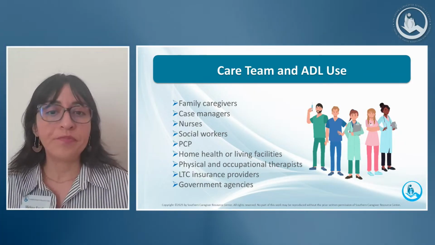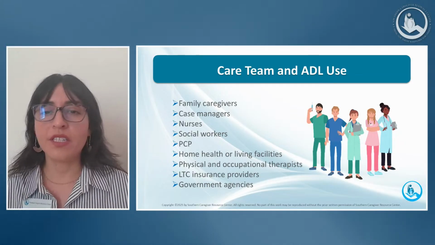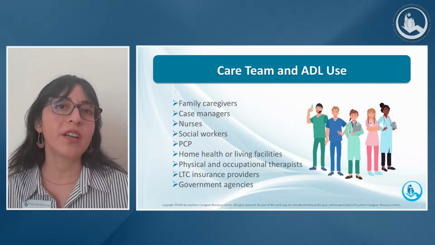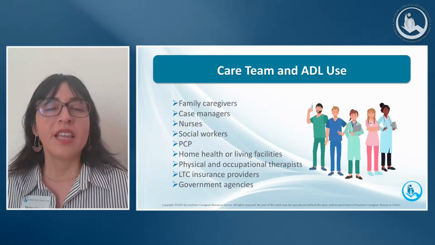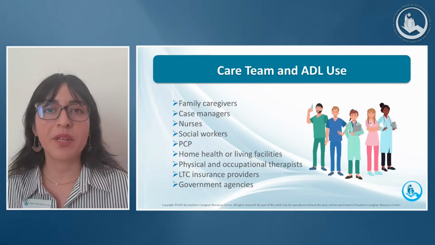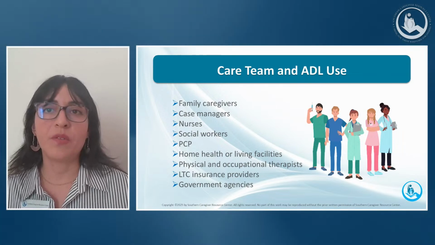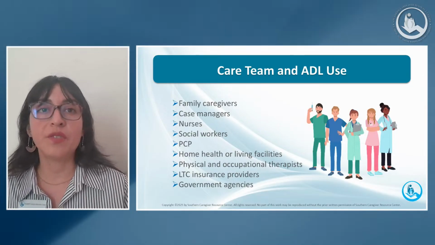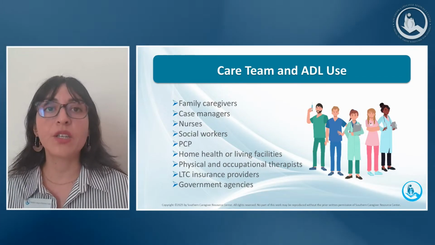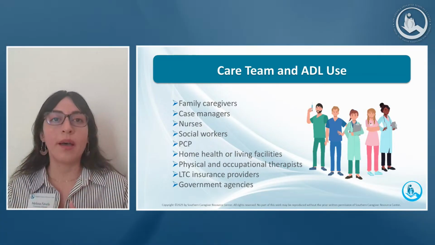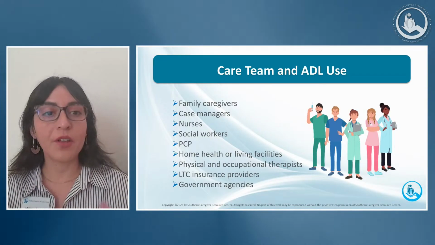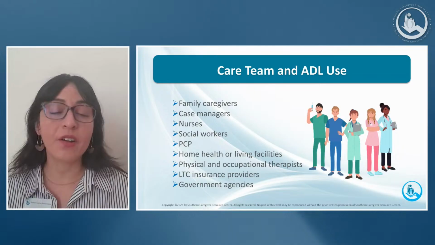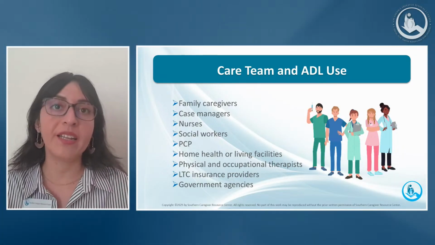So for example, we see a list of all the different professionals that can be involved in the care team. But let's say we're talking about nurses and care managers. They can use this assessment and collect information on a person's ability to perform ADLs. This information will enable them to plan for each individual's continuum of care, right? Because they're going through the longer term care, what is their care going to look like, not just today at their appointment, but in their future appointments, right?